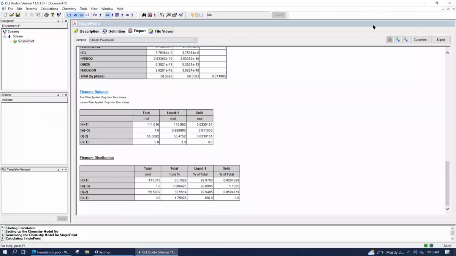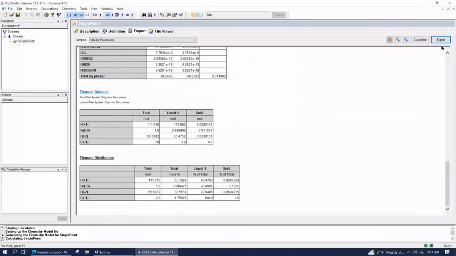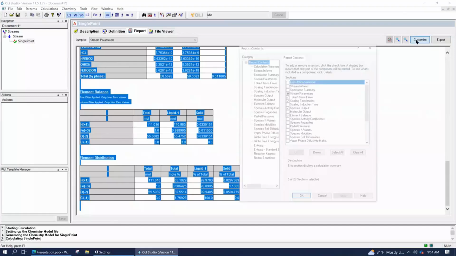And the last thing, what I want you to notice is that you've got buttons in the upper right here. Let me just dismiss the export button. The purpose of the export button is just to send the data to something like a spreadsheet file, an Excel spreadsheet. Don't worry about that too much. You can also just Control A, Control C, and Control V over as well. There are always ways of getting the stuff out of the software. But the other one that I want to focus on is the Customize button.